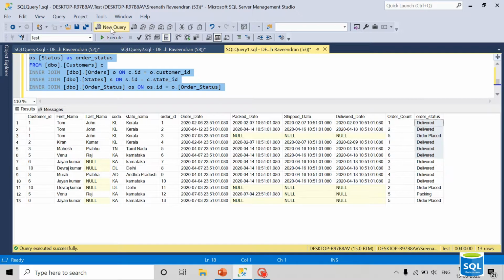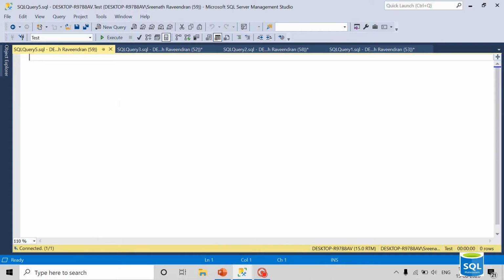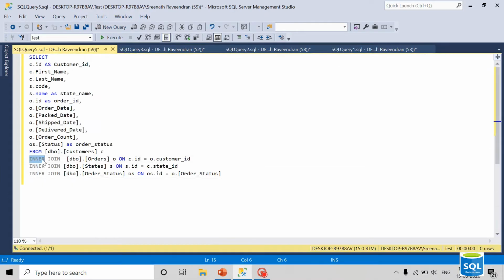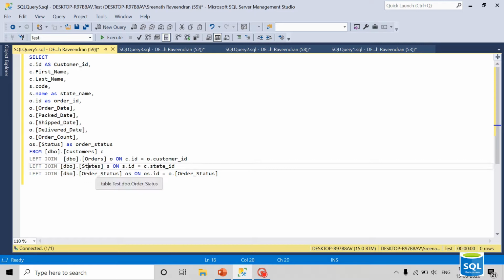Now I'm taking the inner join query to a new query window, and I'm changing the inner joins to left joins, and let's see how the result comes. Now I'm joining the customers table left join with the order table, then left join with the state table, and then left join with order status.